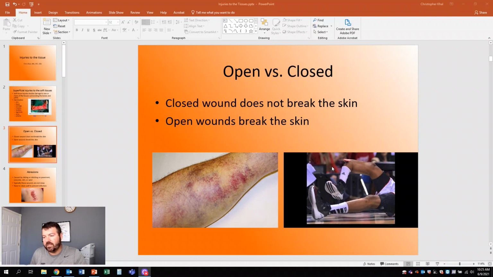That's all that means. Very, very important because now there is the chance of any kind of foreign bacteria or whatever it is getting inside that wound. Okay, that just complicates things tremendously. And it doesn't have to be as extreme as this compound fracture here. I believe that's Kevin Ware. But just any kind of damage that broke the skin is considered an open wound.